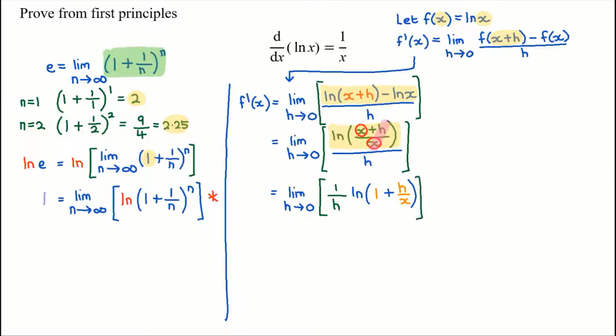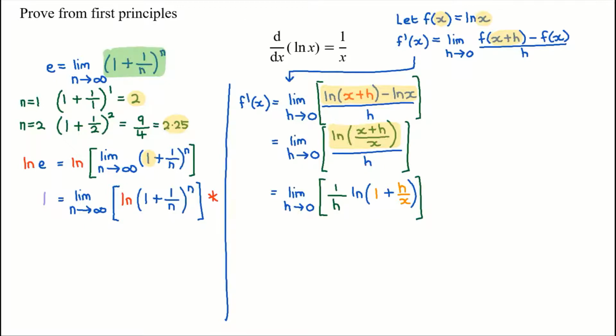And I think it'd be a good idea, I'm just going to remove that so we can see it clearly. So I've rewritten x plus h over x as 1 plus h over x, as 2 terms. Now then, you may start to notice we've got our expression star on the left. There is a similarity, isn't there? They're starting to look quite similar. Now, the one thing you will notice that is a difference is the 1 over h